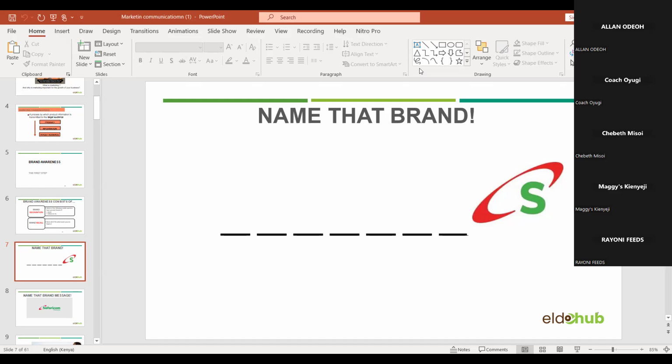That someone who has interacted with your brand, who had a good, what we call customer experience with that particular brand, is then happy to talk about it to another person. So, for example, here in Kitale, where our hub is, naturally we just grew into a space where if you came to the city and you want a trainer, or you want someone who can do capacity building or team building, they most likely will ask you to go look for Coach Oyugi and to go look for Active Hub.